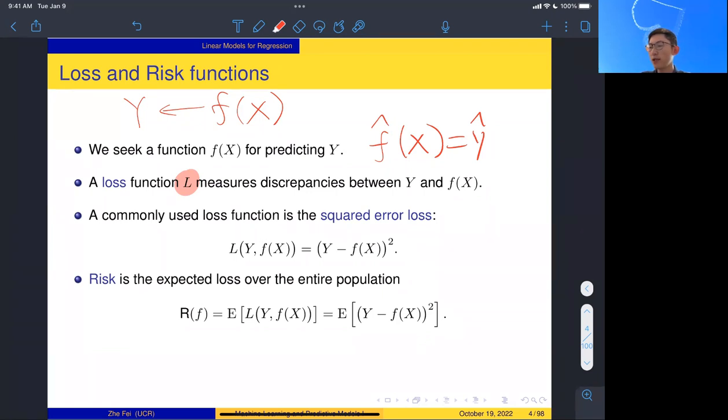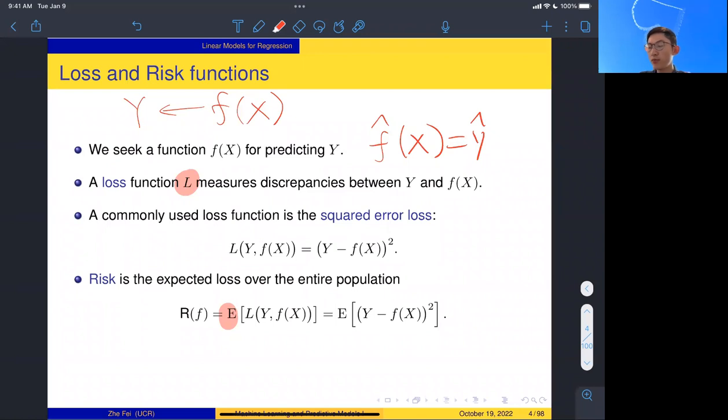We can write it as y minus f(x) squared, right? And because our x and y are random vectors or random variables, we could take the expectation here. The expectation of the loss is called the risk, and by taking expectation, we mean